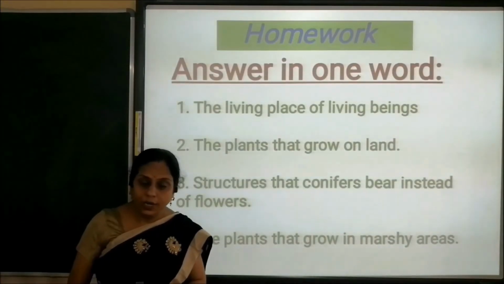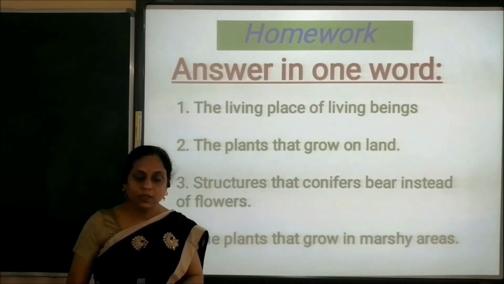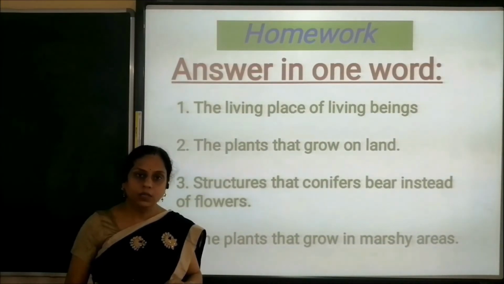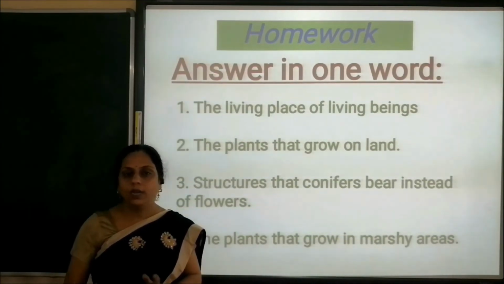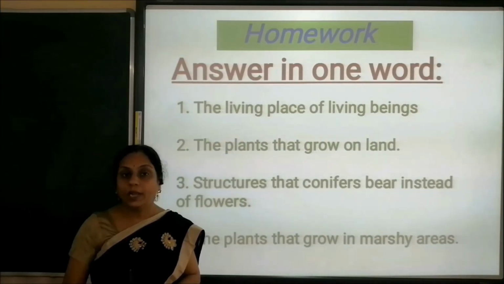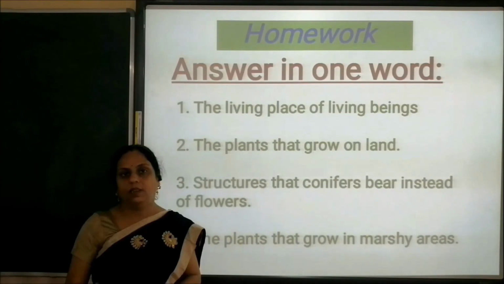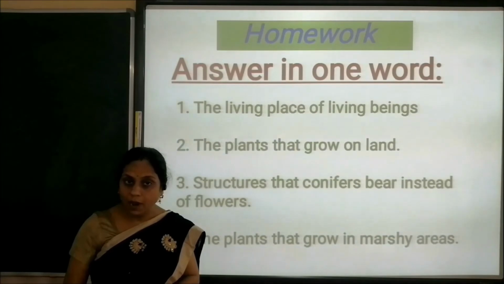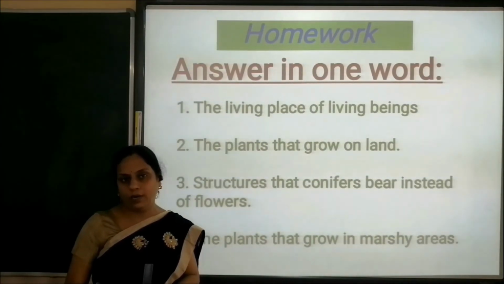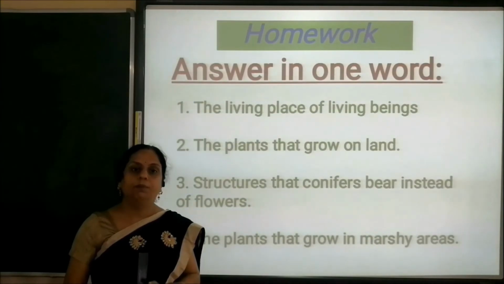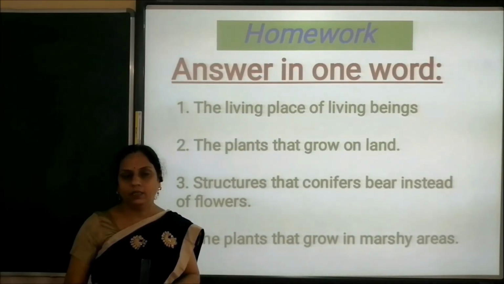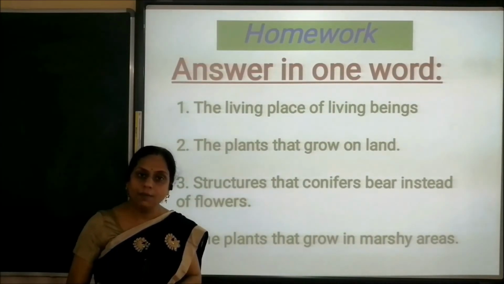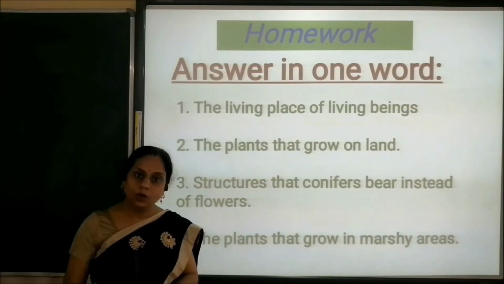So, I am concluding my session here. So, what have we learned in this session? Yes, we have learned about the term habitat. What are adaptations? Two types of plants: terrestrial plants, aquatic plants. Terrestrial plants are found in hills and mountains, plains, marshy areas, desert areas, and the various features of the trees which help them to live in those particular areas.